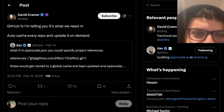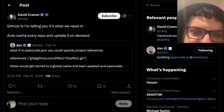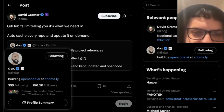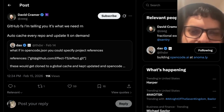David Kramer is the CTO, I believe, of Sentry, and Dax obviously working on OpenCode. And he's saying, like, what if in OpenCode you could specify project references? So you would essentially have the packages you're using installed locally, and you would be able to use that to have context for your agents to research. And David Kramer is basically telling GitHub that they should add it, auto cache every repo and update it on demand,